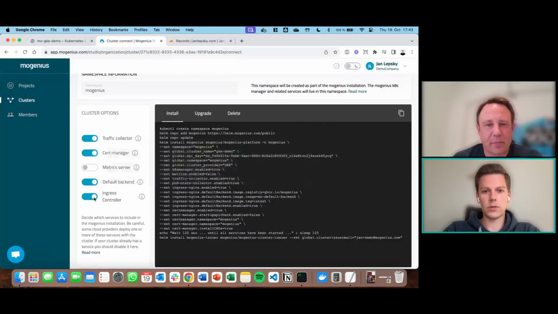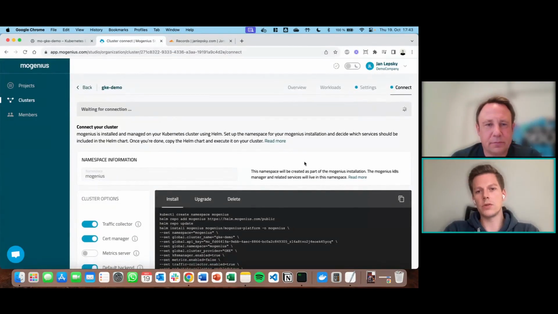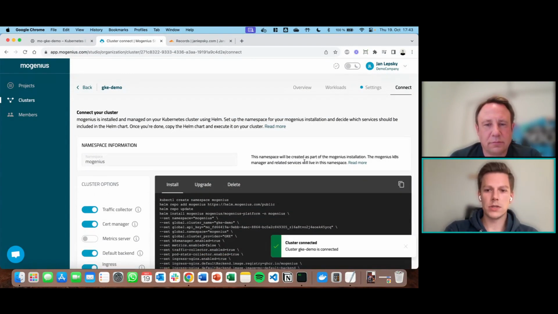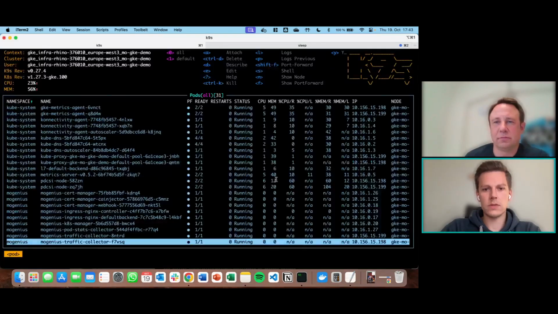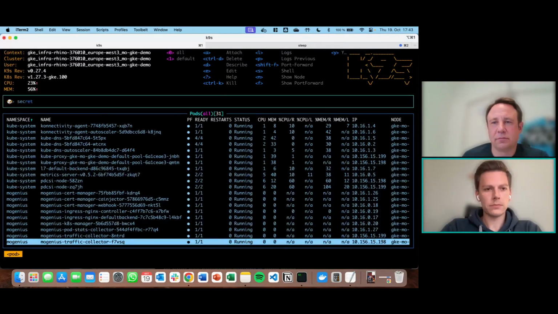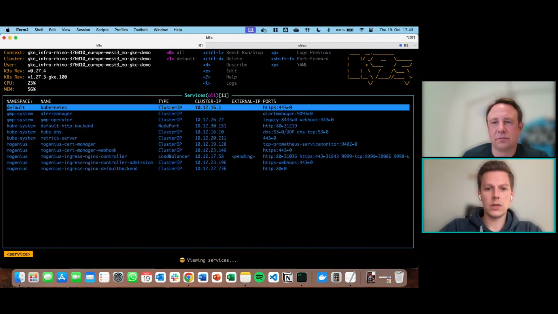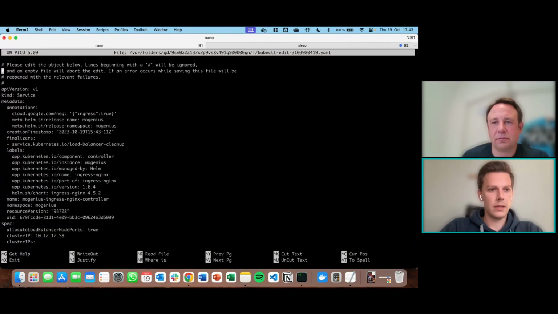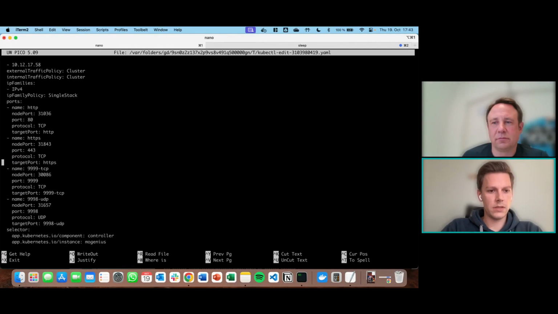We can watch the progress also in the platform itself. We're going to see that it will be connected in a couple of seconds. So this will be the most important step. We're done here. We'll do one minor thing on the cluster itself because I know that we want to retrieve an IP address for our cluster, so the load balancer IP. Modify a couple of settings here where the default doesn't work for us.